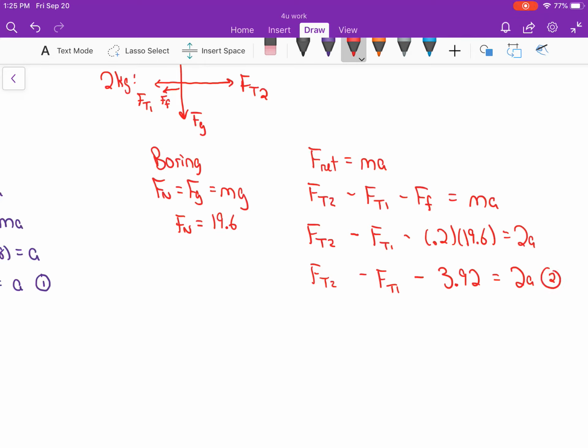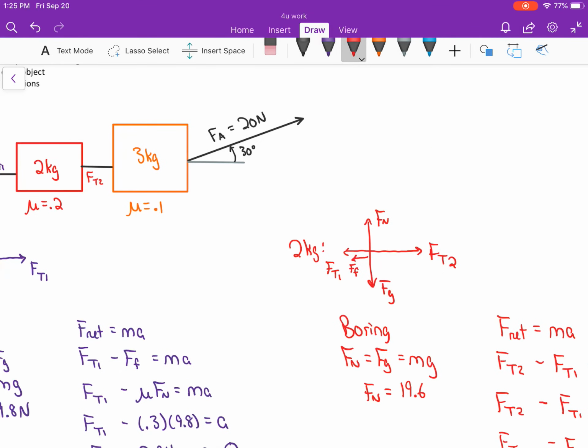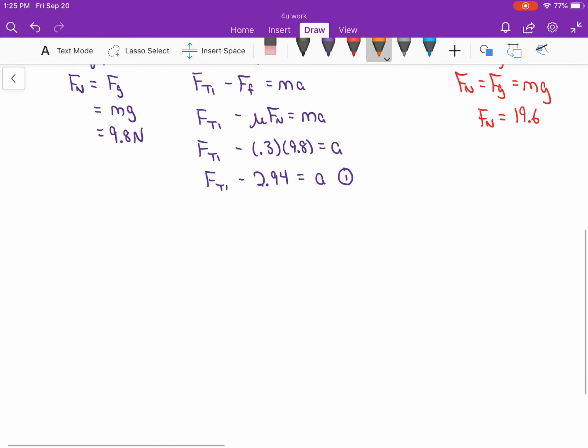We're going to call that equation 2. Okay, one more to go. Let's go back to the diagram to refresh our memory. We're going to draw the free body diagram and set up the components for the 3 kilogram. The 3 kilogram has got the one rope attached to it, an applied force on an angle, and some friction. So, scrolling down here,